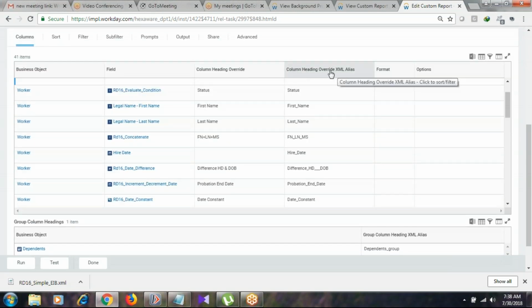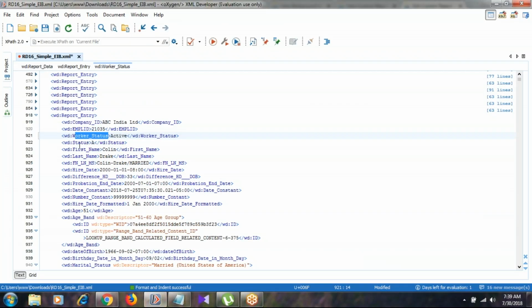These are the field names we generate in the XML file. For example, the title for the RD16 concatenate field is FNL underscore LN underscore MS. That is what it shows here.